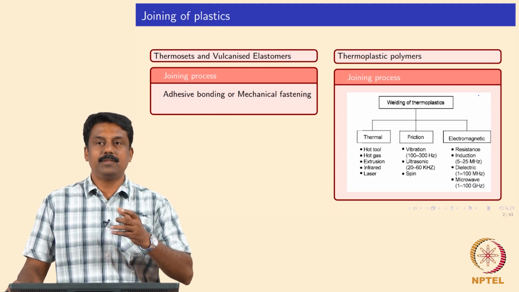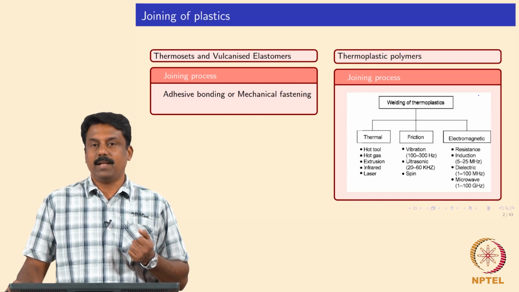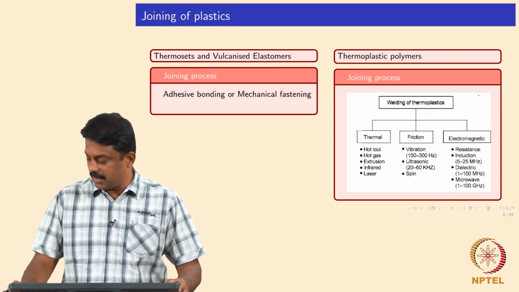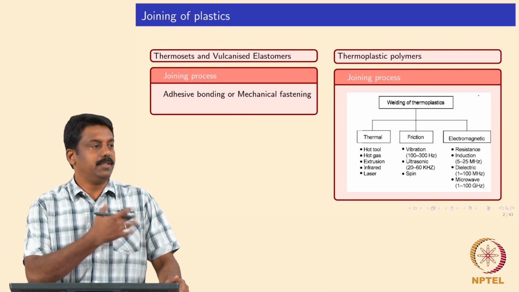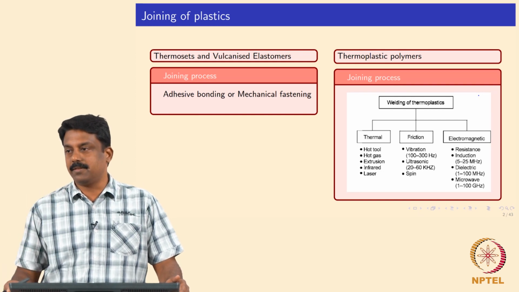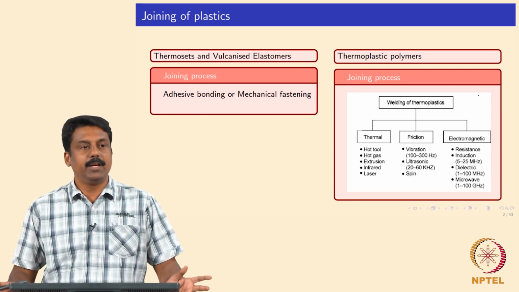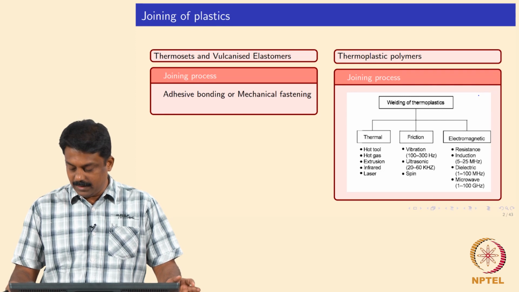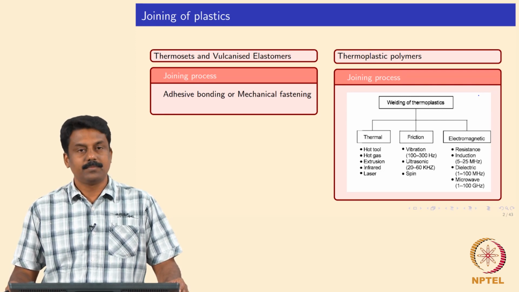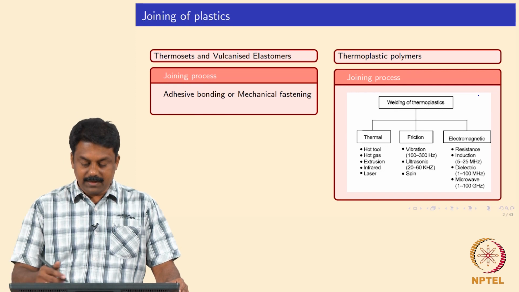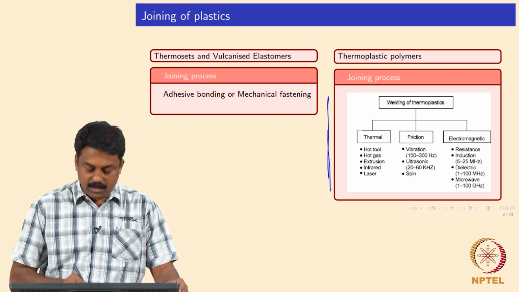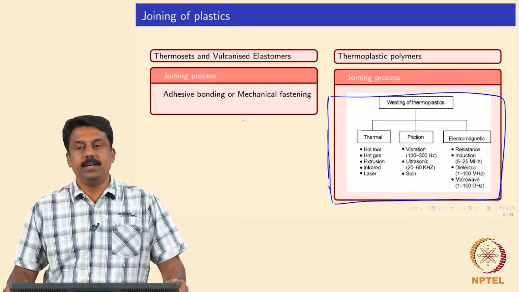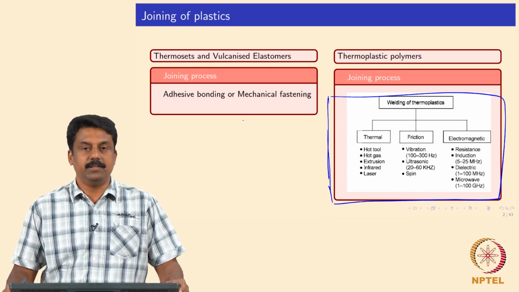The whip blade process was developed mainly for polymers and plastics. So, you can use friction to weld polymers, or ultrasonic transducers: ultrasonic welding, which we use for metals and alloys, can also be used very well for plastics. Also, you can use induction processes, electromagnetic processes, resistance, induction heating, microwave heating, or dielectric heating. We look first at the welding or joining processes used for thermoplastic polymers, and then we look at the major joining process used for thermosets, that is adhesive bonding.